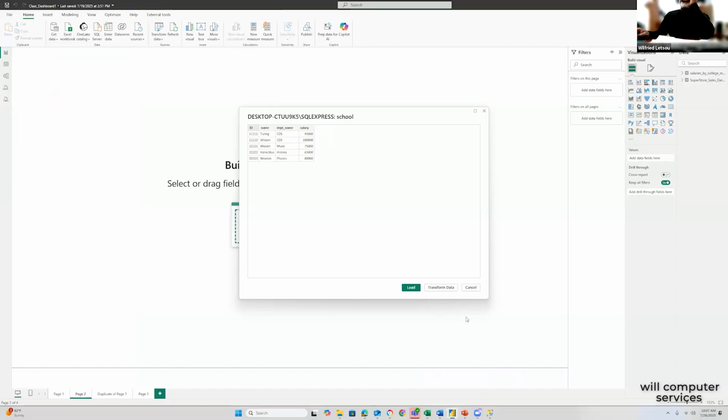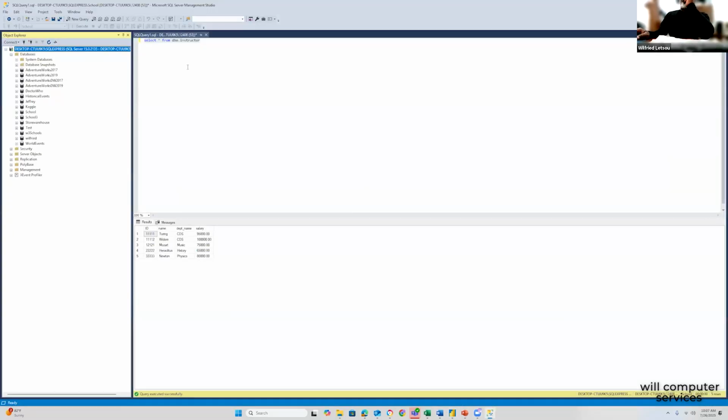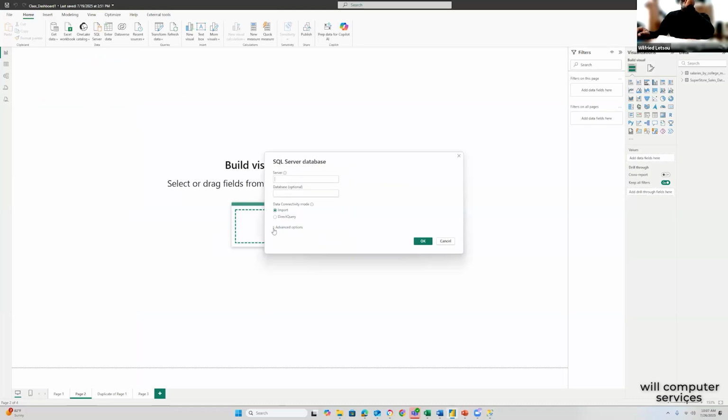Okay, you see this one? Let me do it again and you see the difference. All I did here, I look for my server name. I copy my server name. I came here, SQL Server, and I look for advanced. But at this time, I'm not going to look for advanced anymore. I'm going to do something different. Put my server name here because I already copied, and I'm going to give the database name school. Boom. And I say okay,